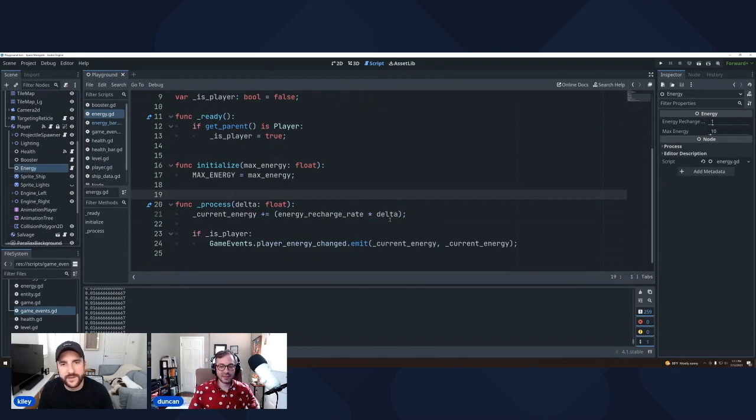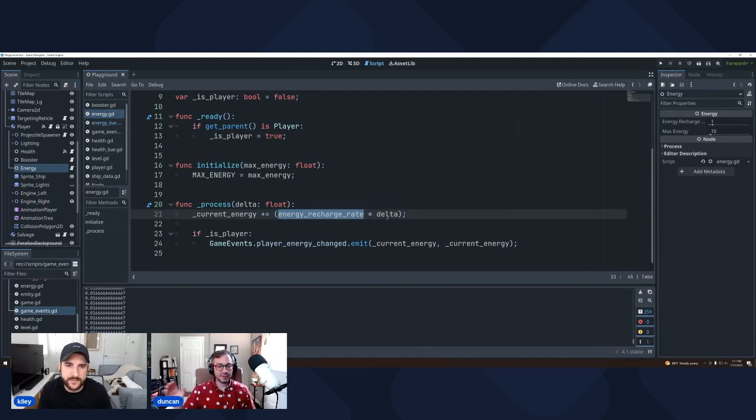And so this is something that I think, if you have experience with game development, you would not blink an eye at. If you're coming from the web world, you're going to be like, well, what is delta, right? And again, the delta is that change in time since the last frame. And the reason that we do that is, if we didn't do that, this energy recharge rate would run every tick. Tick is also like frames per second, what people call it. So it would go super fast.